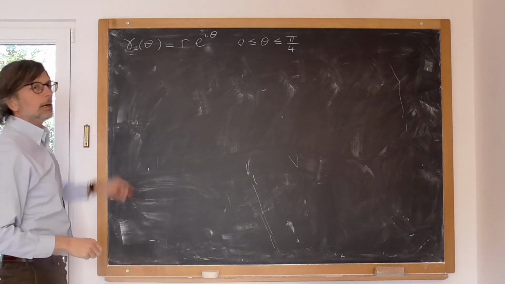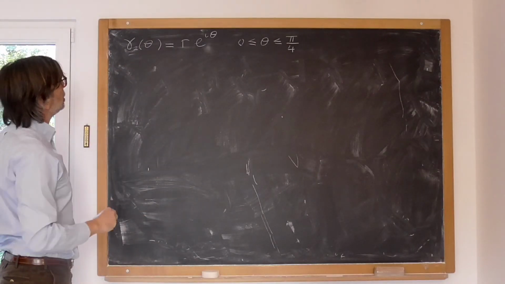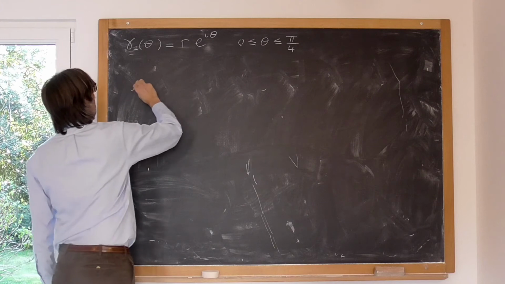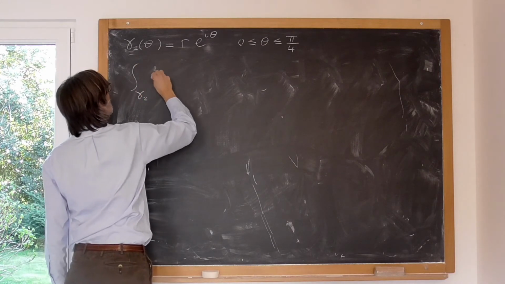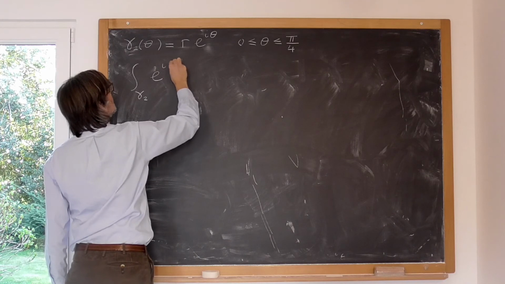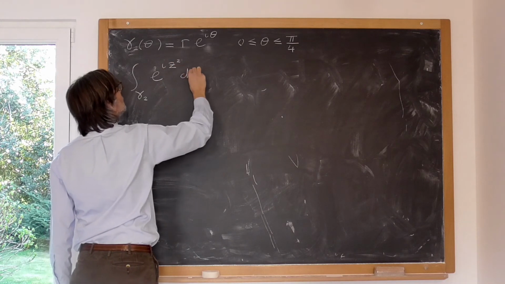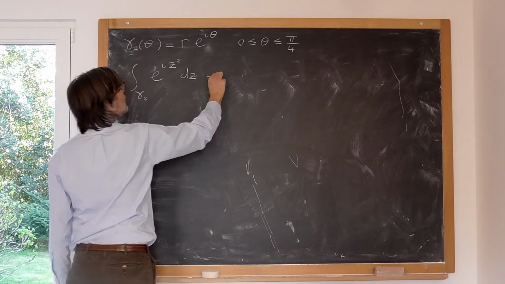This is a curve parameterized in this path gamma 2. So the integral over gamma 2 of the function e to the i z squared dz can be written as an integral